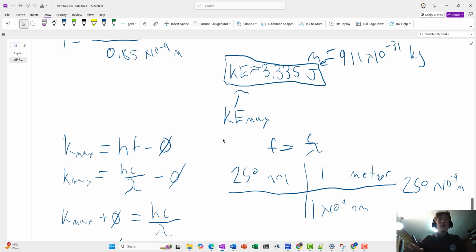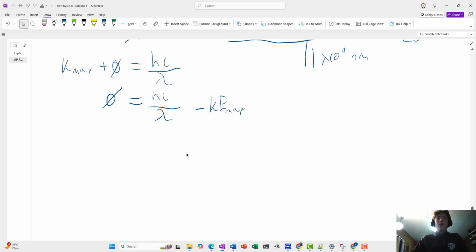An important part here is, make sure when you're plugging this value into your calculator, you're basically plugging the value that your calculator says, so you don't get a rounding error. Because the decimal place actually goes much farther out. It goes 3.33515974, and we want to keep that so we don't get intermediate rounding error. So we'll keep this value the same. For simplicity, I'll plug this in as 3.335 joules, and then I'll get this value, Hc divided by